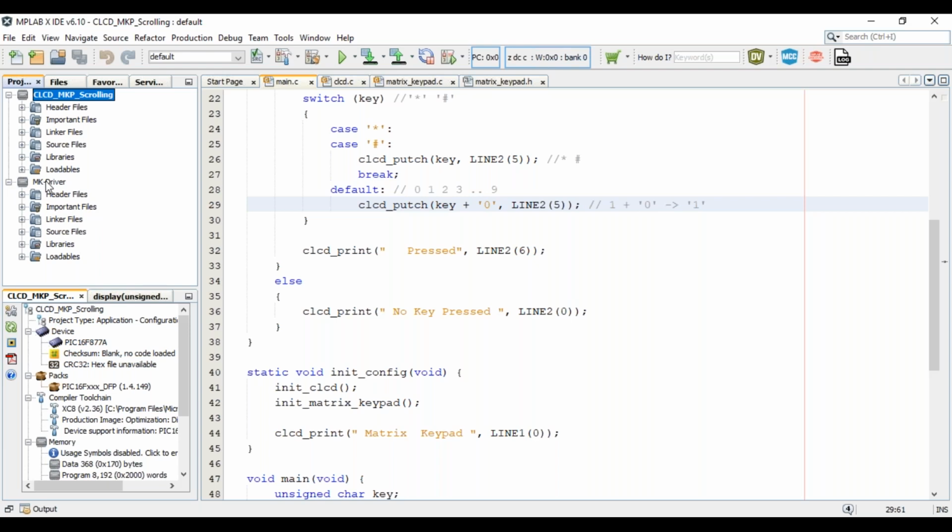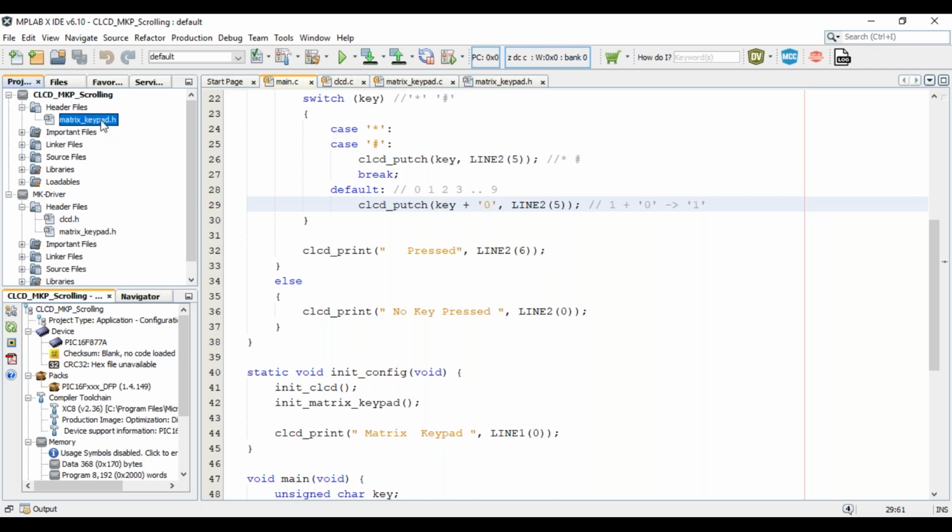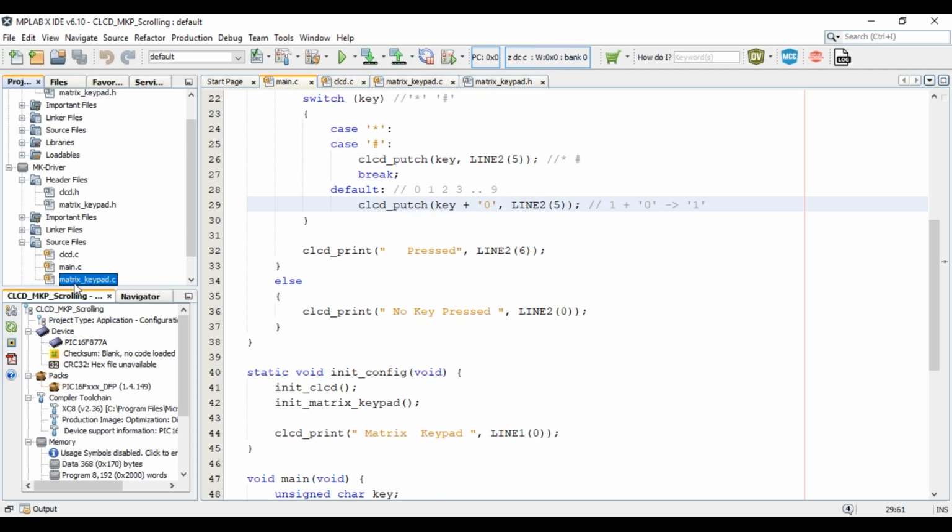Now I still have my matrix keypad driver open. I have not closed it. So from this itself, I will copy the matrix keypad header file. So Control C. I'm going to paste it under header files of CLCD matrix keypad scrolling. Then under source files, I will copy matrix keypad.c,